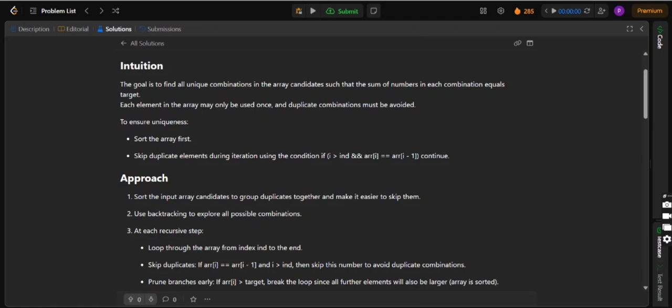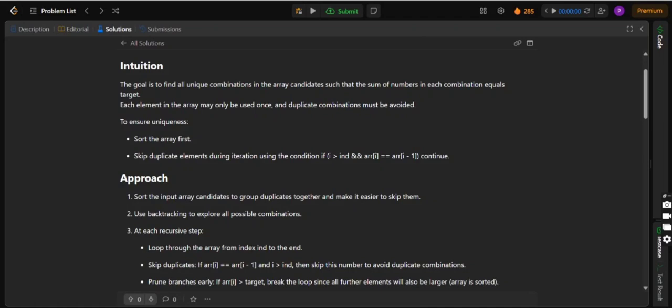At each recursive step, we loop with i starting from index till i is less than candidates.length, going from index to the end of the array. We skip the duplicates where the condition i greater than index and arr[i] equals arr[i-1] holds, to avoid duplicate combinations.